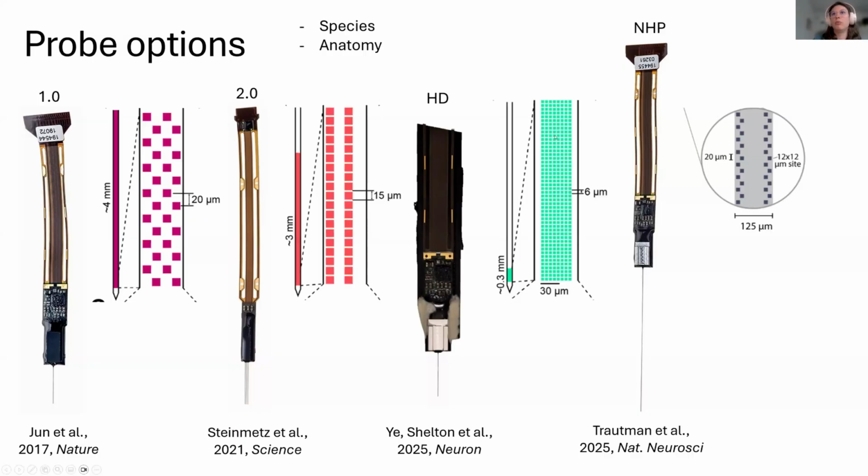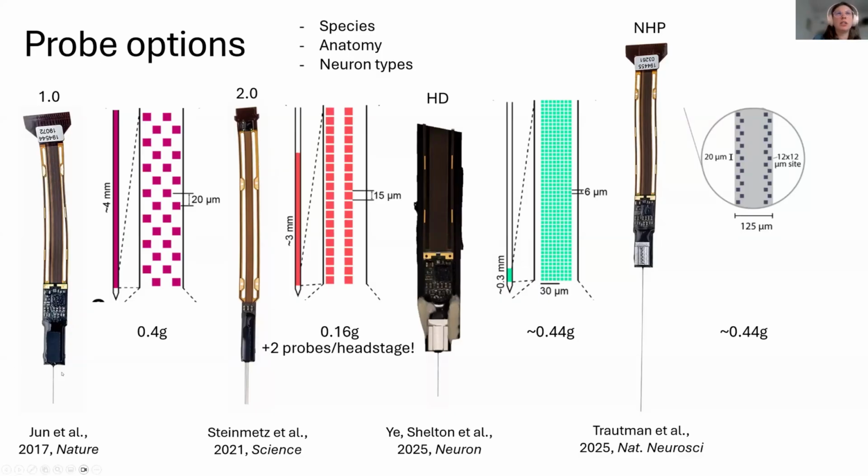Another possibility, as Nick mentioned, is the ultra probe, but this really provides a much smaller coverage compared to the 1.0 and the 2.0 probes. And the neuron types that you want to record: if you have denser electrode size, then you have more chance of detecting lower amplitude neurons.